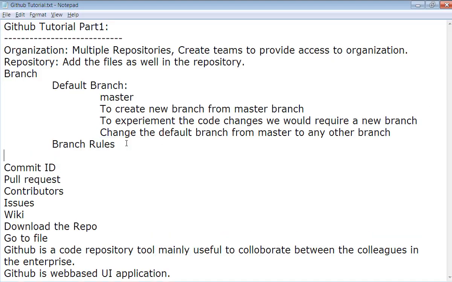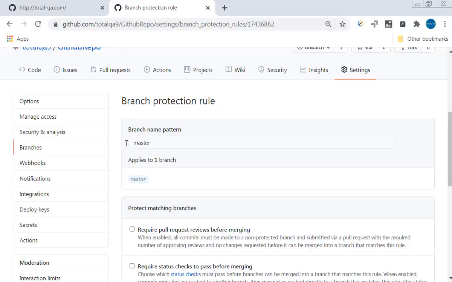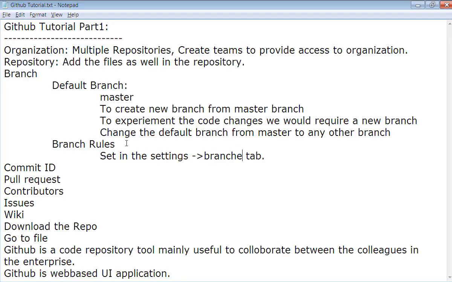These branch protection rules are set in the settings branches tab.